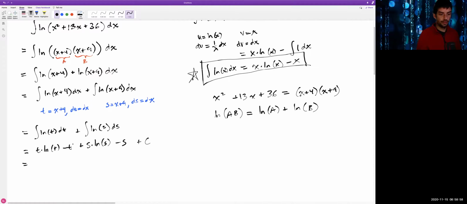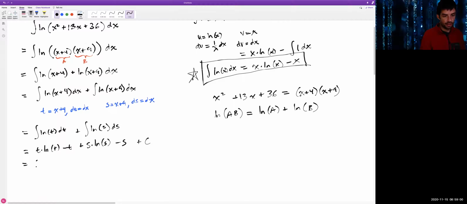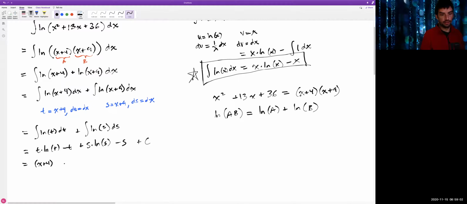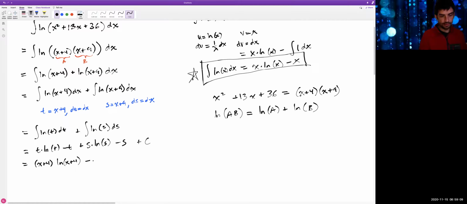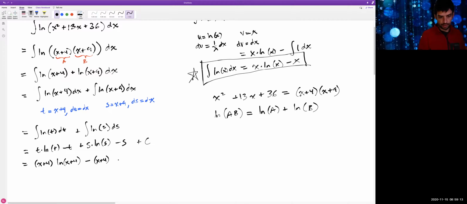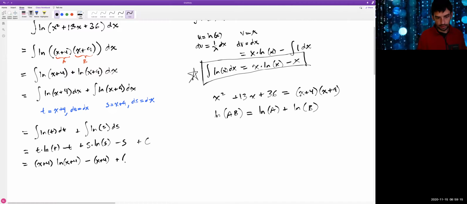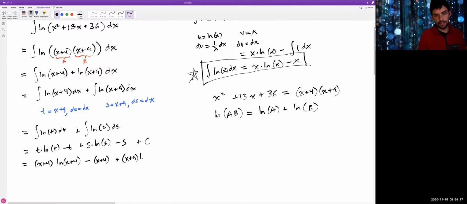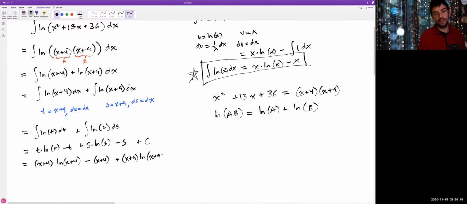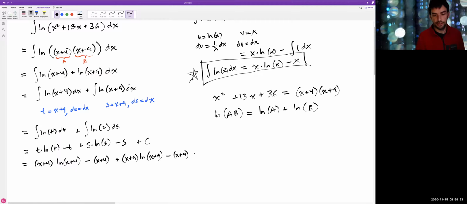Okay, so this becomes x plus 4 natural log of x plus 4 minus x plus 4, and then plus x plus 9 natural log of x plus 9 minus x plus 9